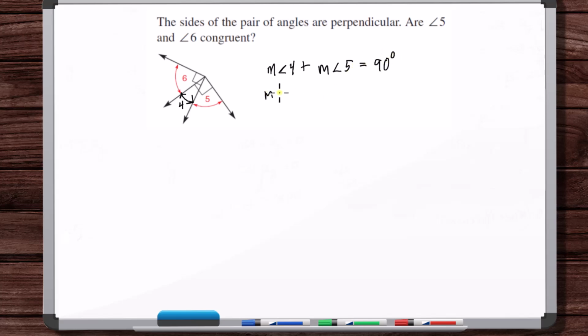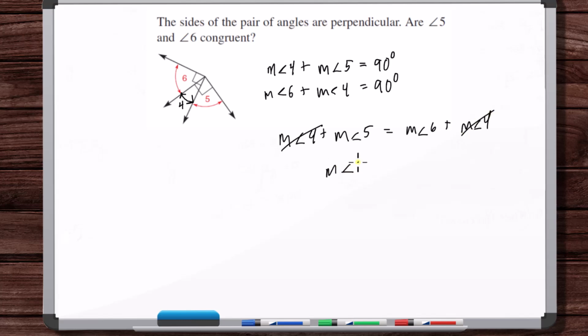And the measure of angle 6 plus the measure of angle 4 is equal to 90 degrees. Okay, that makes sense. That's what they're saying here. Now these two are equal, so we can set these equations equal to each other. Now if we subtract the measure of angle 4 from both sides, then we get,